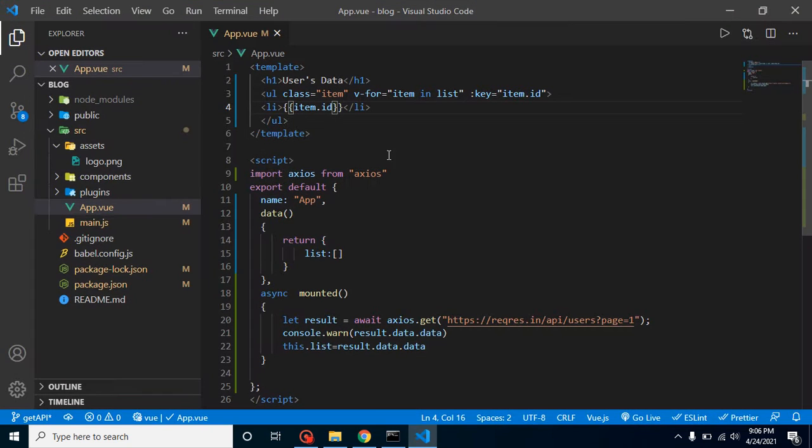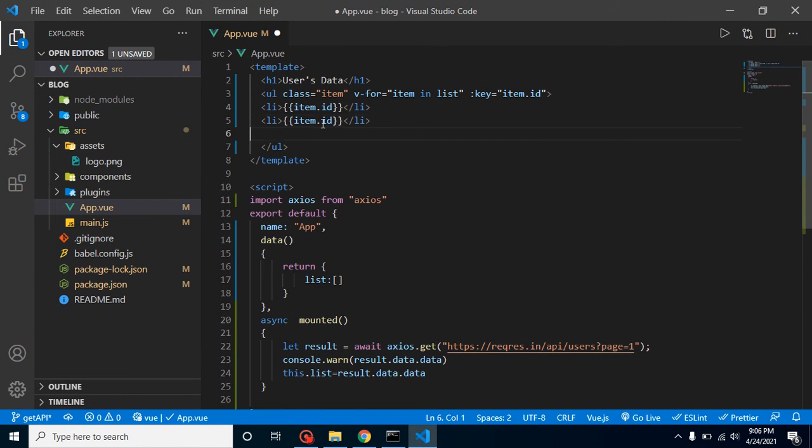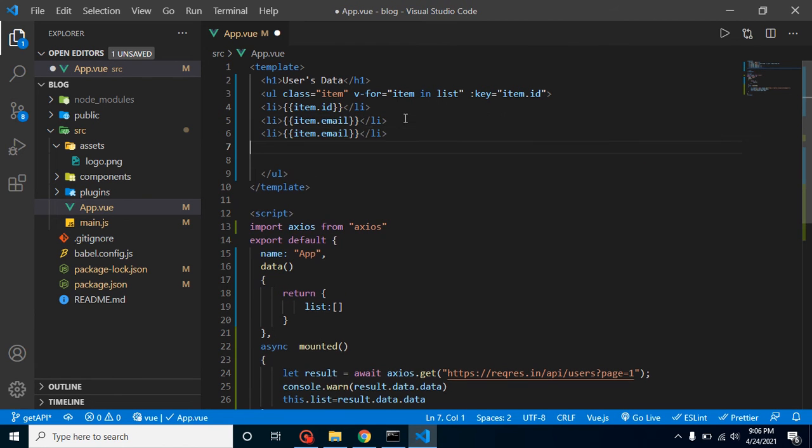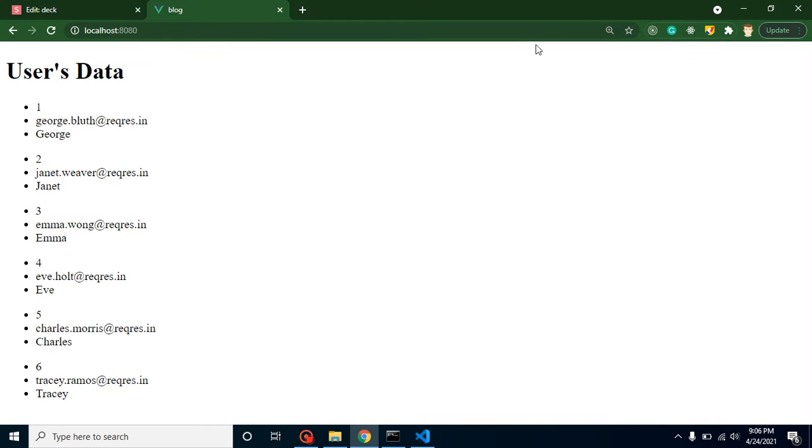We can also add some other li with keys like email. We have another one which is first name, and there are lots of others also. If you want to check all of these, you can check here.